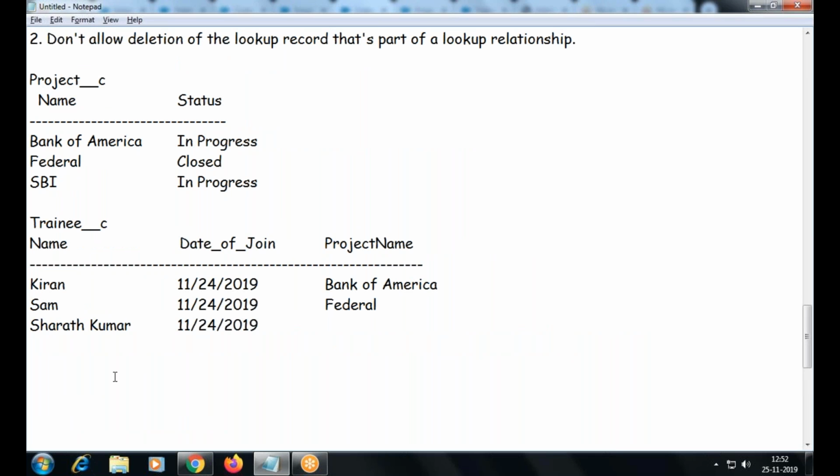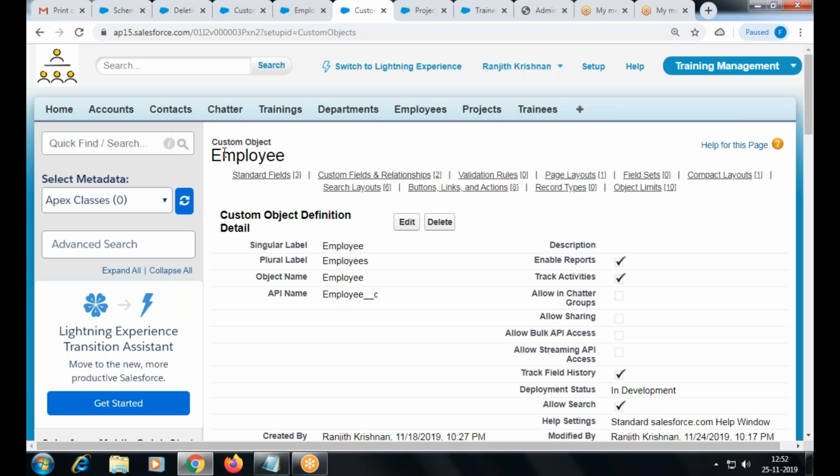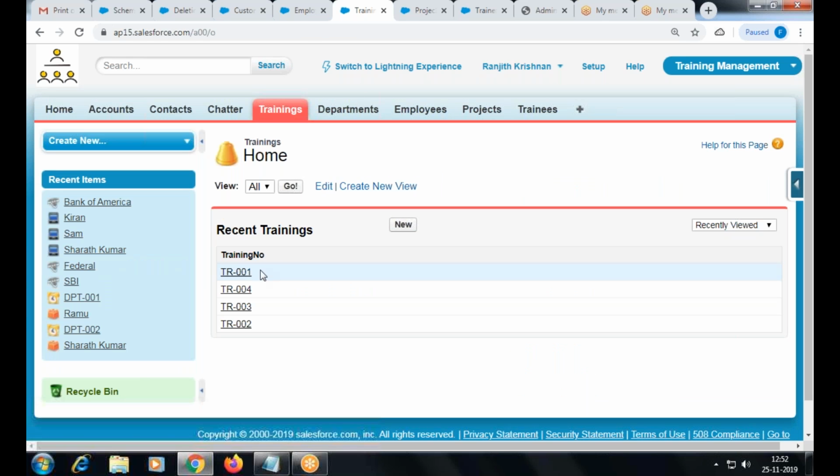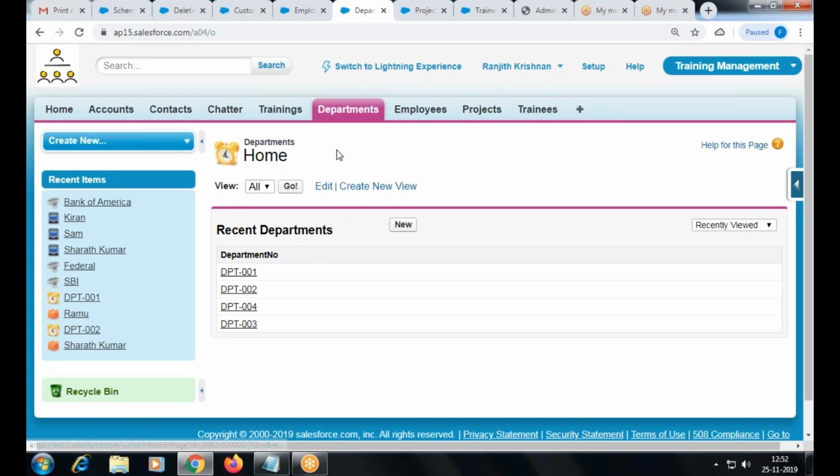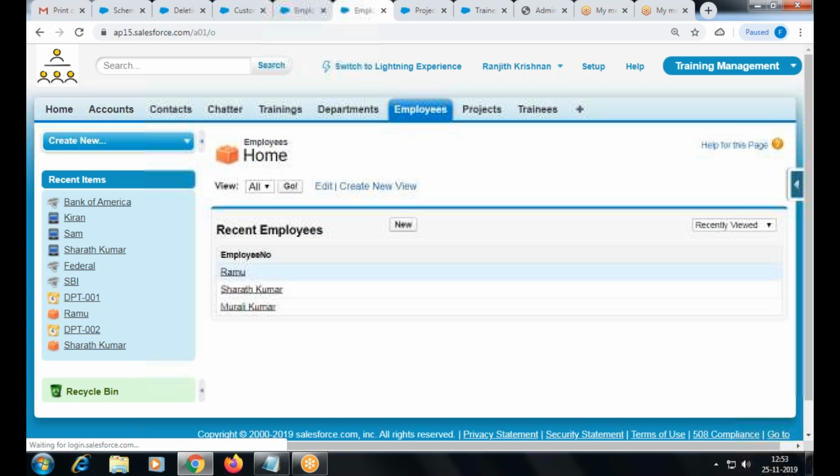Okay, the last part, just a quick 5 minutes session, we'll complete it. See, wherever you look up the record, first place, when I see the tab, I'm not seeing every detail here, right? Only the default record name field appears here, no other field. Go to department, only department number, employee.